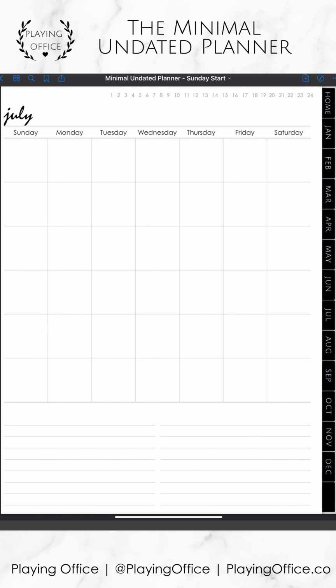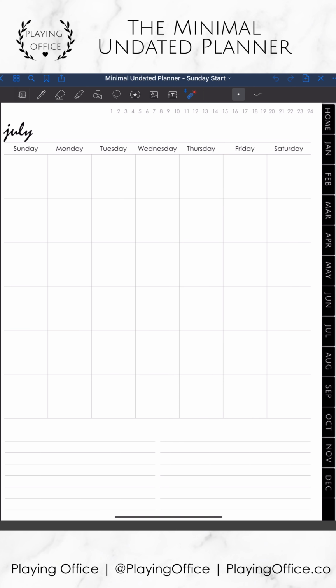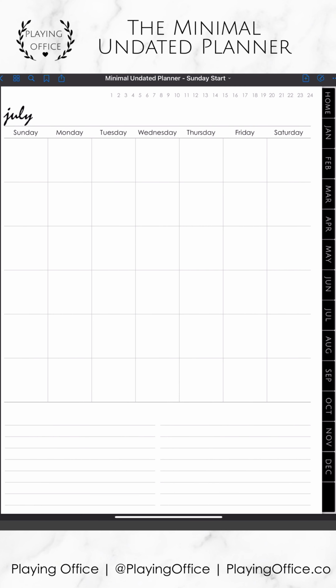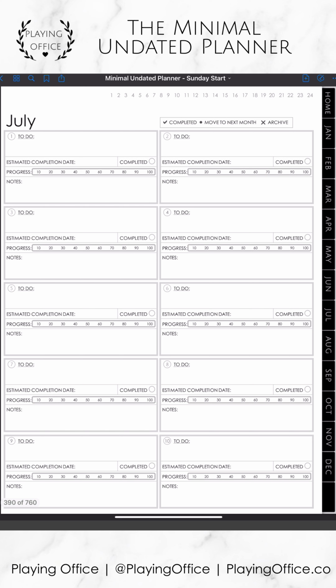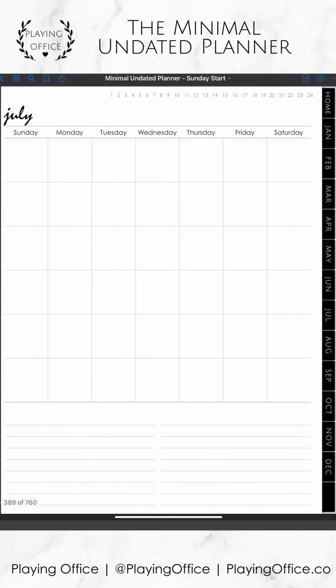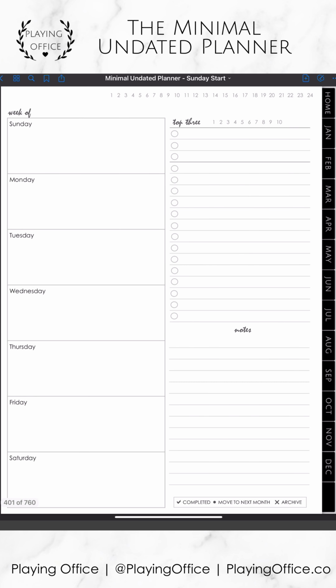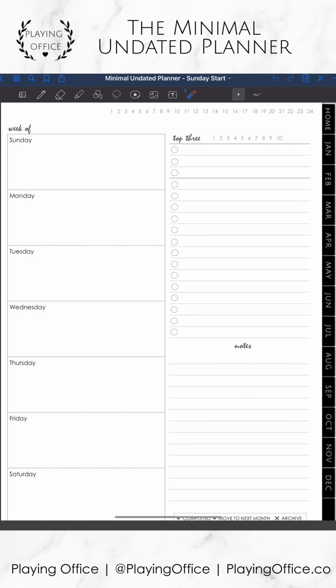And again, you have the notebooks at the top. And if you click any of the month titles, it takes you to your micro planning. I'm going to get into that in a little bit. So you have room for important dates on the bottom or whatever notes you'd like to take. So I'm going to go to the weekly page. So you can write the week of right here